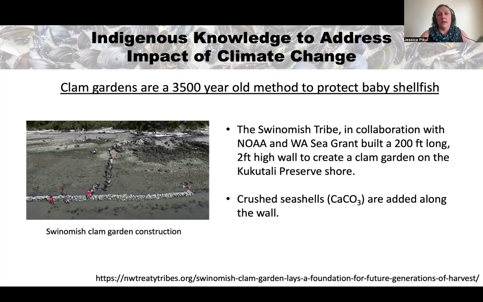And so recently, the Swinomish tribe, using a Washington Sea Grant and collaborating with NOAA, worked as a community to build a clam garden. And they did this by creating a 200-foot long, 2-foot high wall out in the intertidal zone, and then crushed up a whole bunch of shells, which are just calcium carbonate, and sprinkled that all along the wall in the